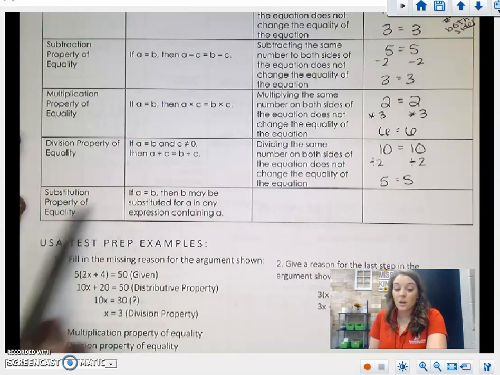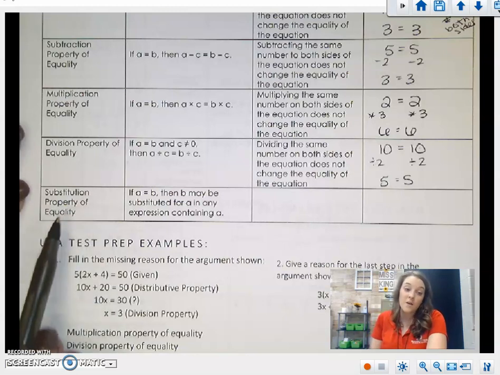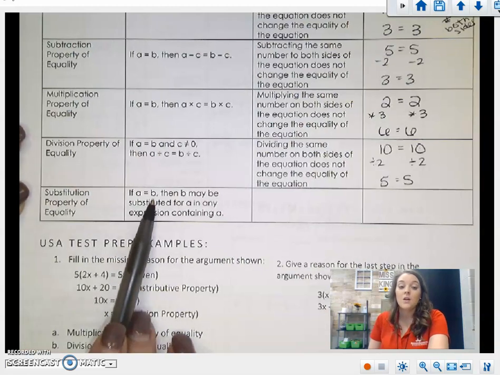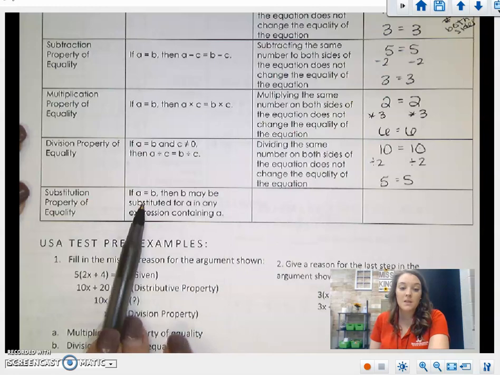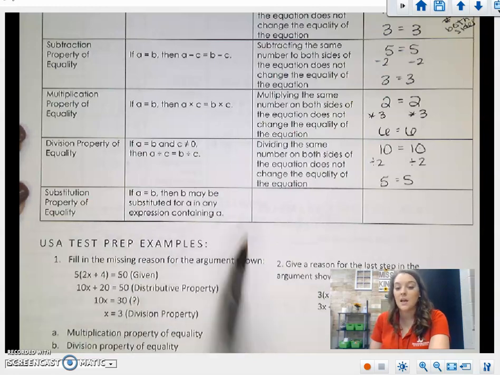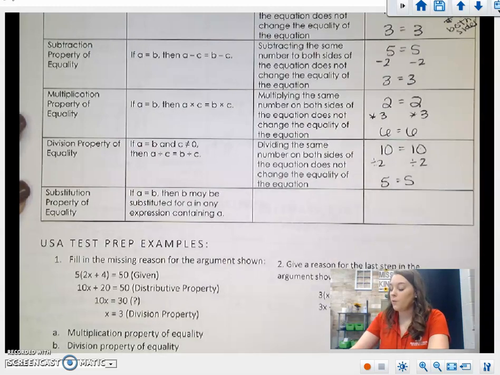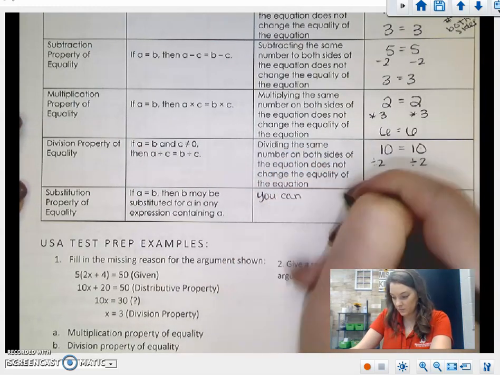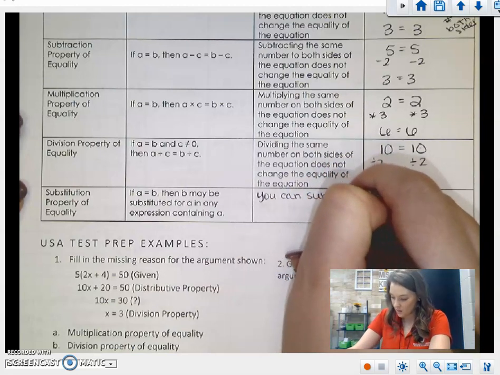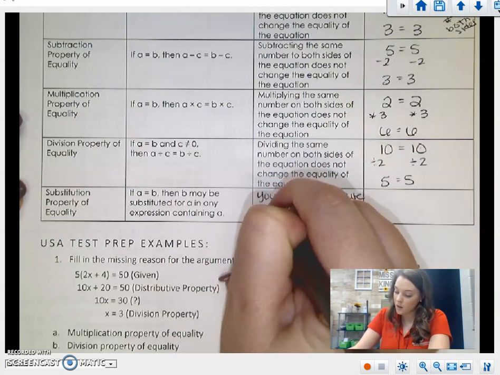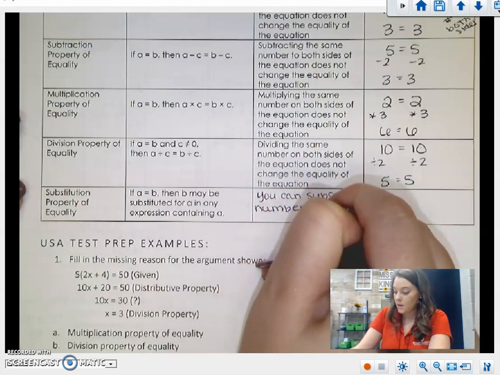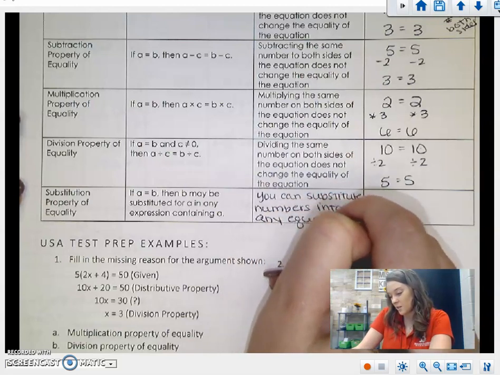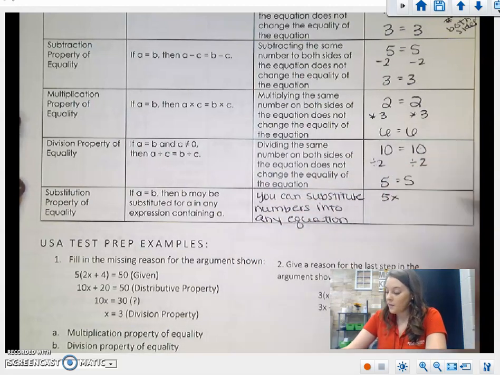Okay, so substitution property of equality is a little bit different, but we have practiced substituting equations. We actually did that in Unit 1. So it says here, if A equals B, then B may be substituted for any A in the expression containing an A. So that just means you can substitute numbers into any equation. So if we had 5x